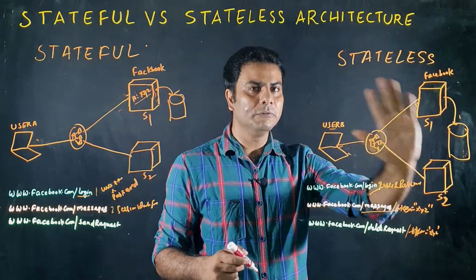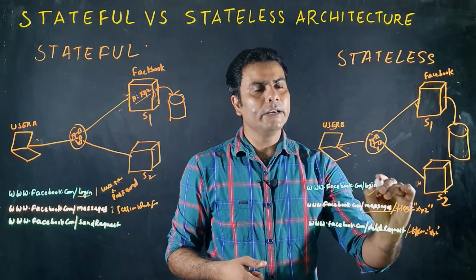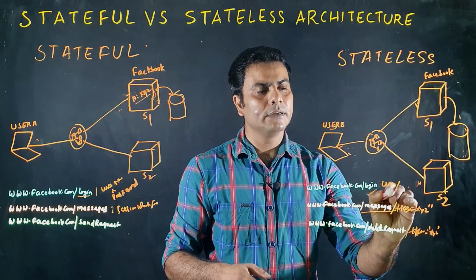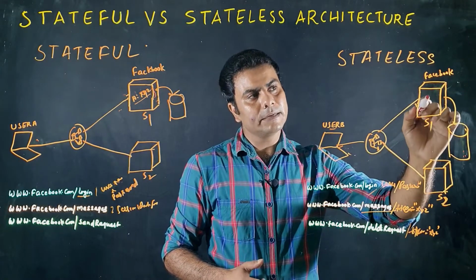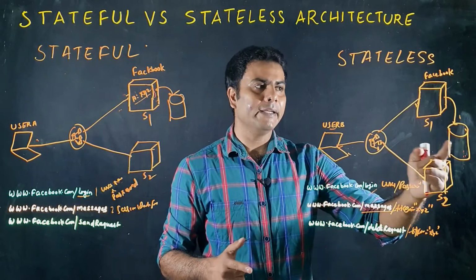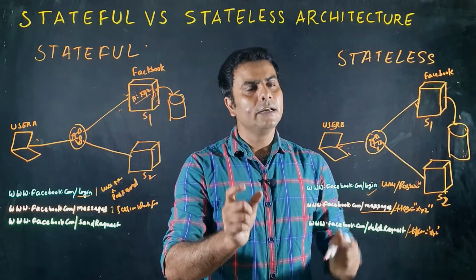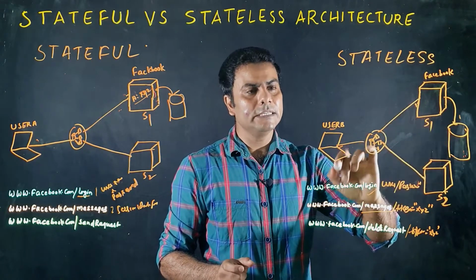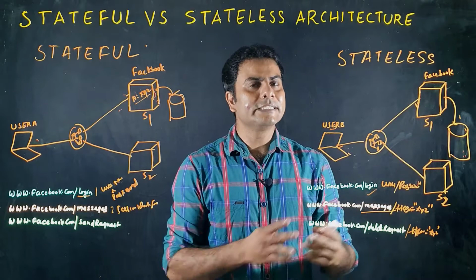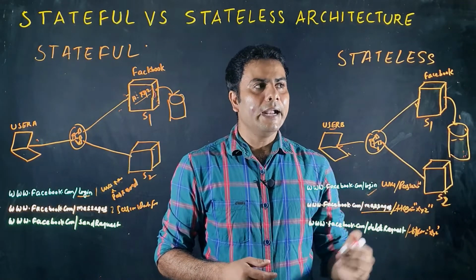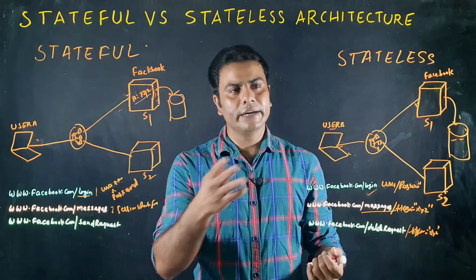So let us understand how the flow will work here. User B will try to log into the Facebook application. So he'll make a login call with the help of username and password. The load balancer redirects the request to any of the servers. If this server receives the request, the server will verify in the database if the user is a valid user or not. The server will check the credentials for this user in the database, and if the user is valid, then it creates some token or some session data stored in the database. And similarly, it returns some session information. It could be token information returned to the user.